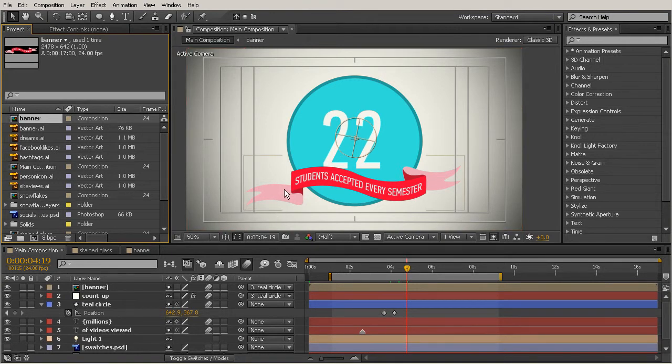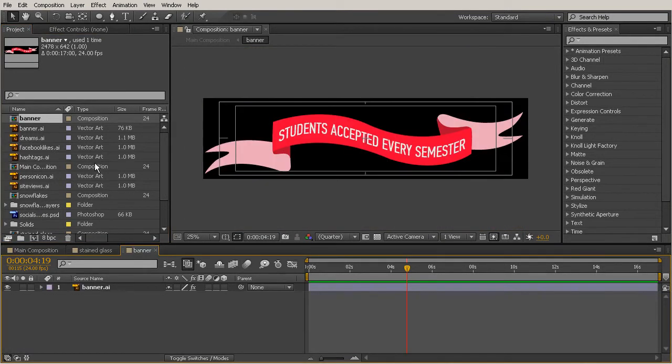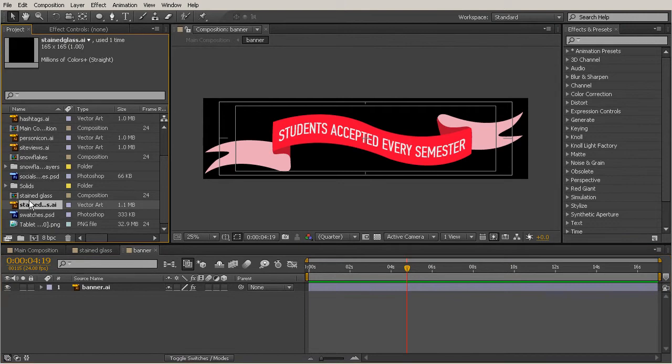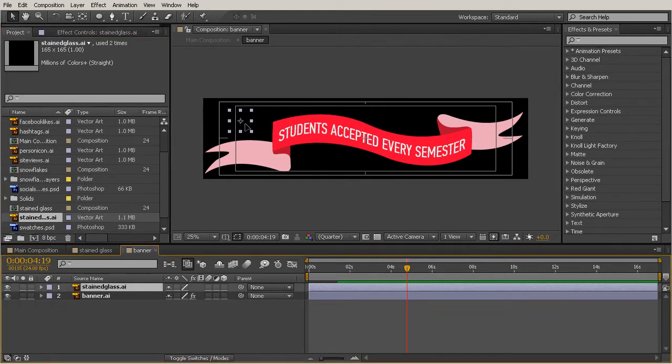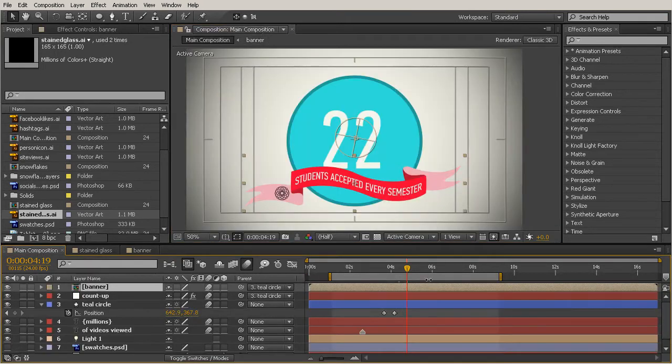So I can put more things inside of that composition if I wanted to add other layers. Maybe if I wanted to come in there and add the stained glass layer, I could place that maybe here as a little extra design element. And then if I come back out to my main composition, we can see that there. So creating that composition as a secondary way than really just adding that file is